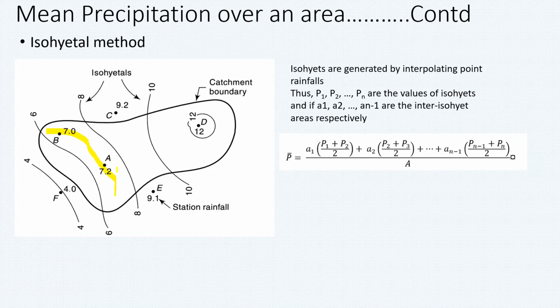But to obtain the rainfall for this corresponding area, what they have done is to get the average between two isohyets. Similarly, you can do it for the entire catchment. You can divide the catchment into interstitial areas between two isohyets, and you can have a series of areas. You can have a series of average rainfalls. With this equation, you can calculate the overall isohyetal rainfall for the catchment.